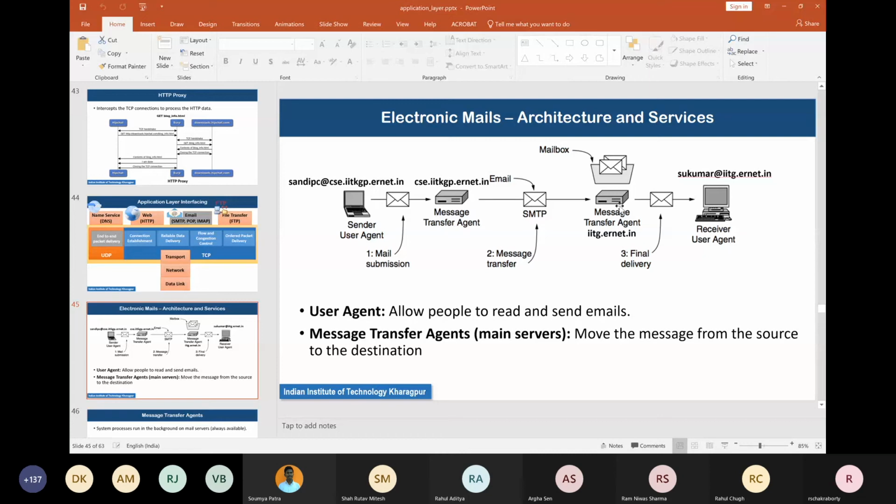Till the user first of all has to authenticate that he is the actual user. Only then he can access his mailbox. Otherwise a random person will go to the post office or the bank and say, I am that person, this is the check, I want to withdraw some money from that person's account. No, the bank will not allow that. It will authenticate your face with the photograph they have in their account records. It will authenticate the signature you make on the withdrawal form or the check with the signature they have in their records. Only then they will give you the cash.